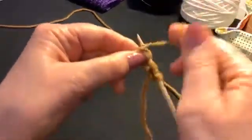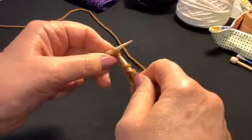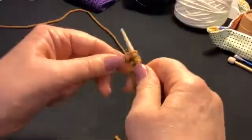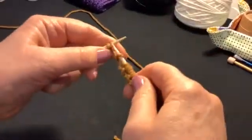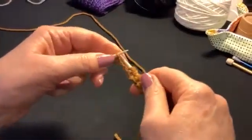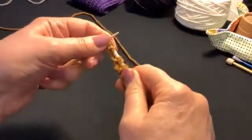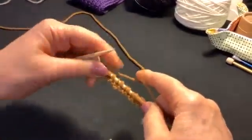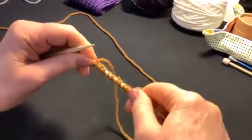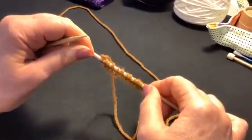Yarn over, knit stitch, yarn over, slip, knit stitch, yarn over, slip, knit stitch, slip stitch, yarn over. Okay, you only do that setup row once. So what we did there, you'll see as we go along, that first slip stitch, you're doing the yarn over